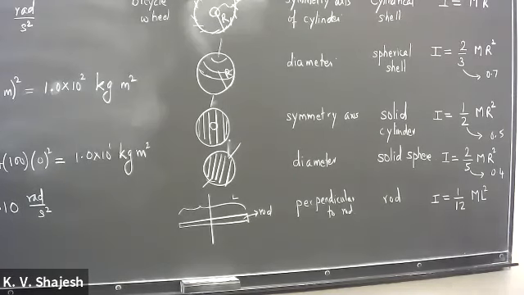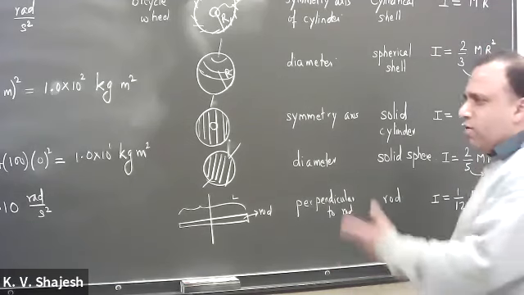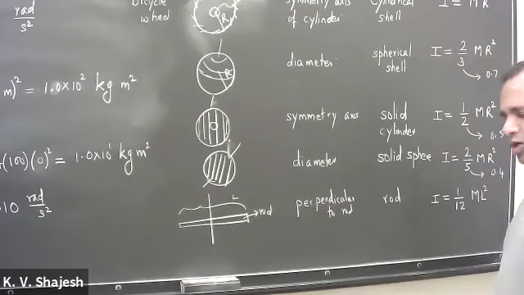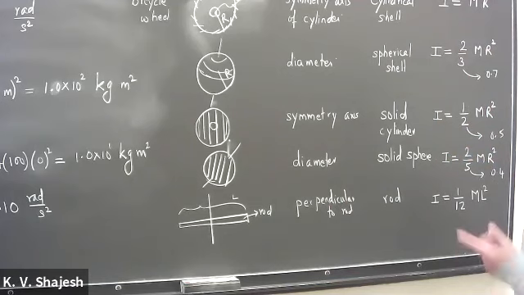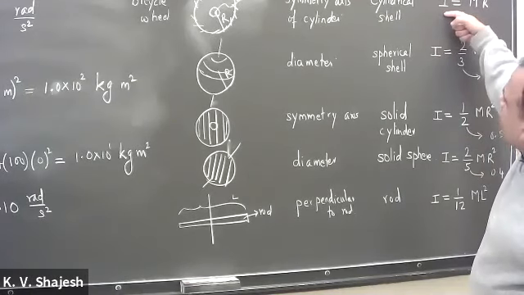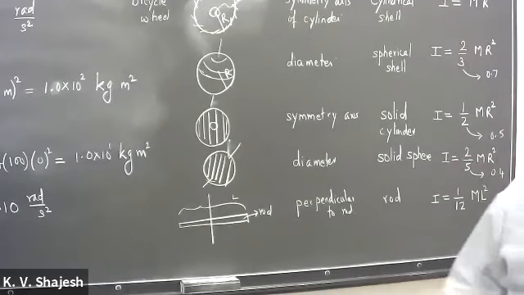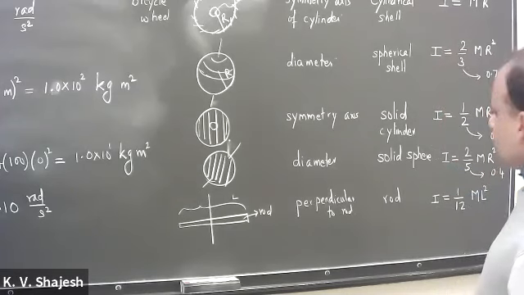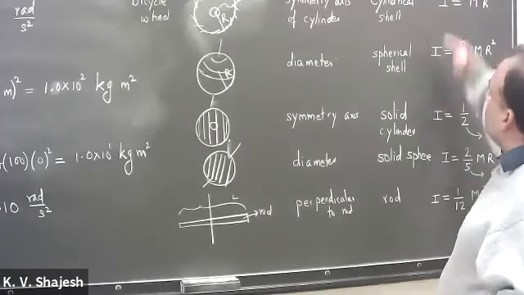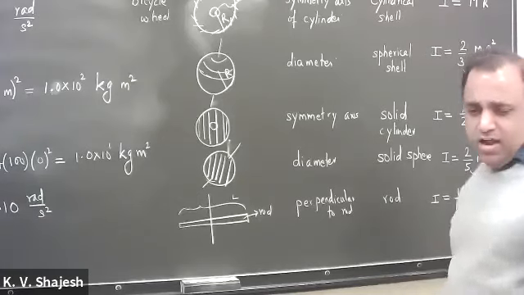More than the specific numbers, what we are interested in noticing is that certain geometries have larger moment of inertia compared to other geometries. So if we are trying to rotate something and you want larger angular acceleration, we just now saw that moment of inertia tries to resist rotational motion. So you don't want to use large moment of inertia, you will use small moment of inertia. Sometimes masses are good, so you want to keep more mass.